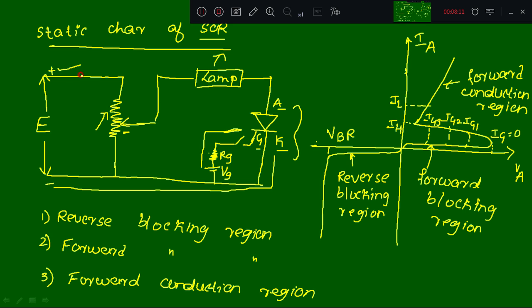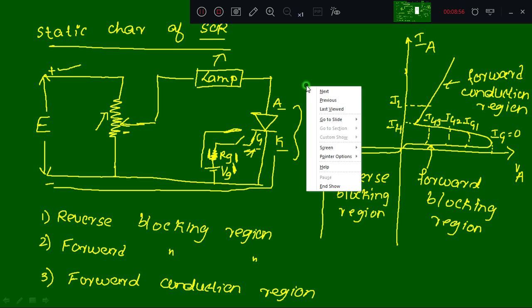See, if I directly give positive voltage to the anode, and the voltage is large, and I am giving the gate, it may damage my SCR. So the potentiometer is used here. Similarly at the gate, if I give VG directly, the gate may burn. So for protection only this RG is given. Sometimes we go on increasing this VG, high voltage also we will give sometimes. So if suddenly we increase VG to 1, 2, 3, 4, 5, 10, this may damage the SCR gate. So only here we have given an RG for the protection of the gate.